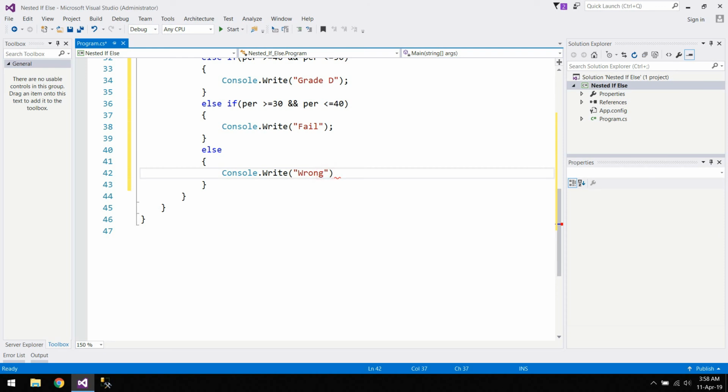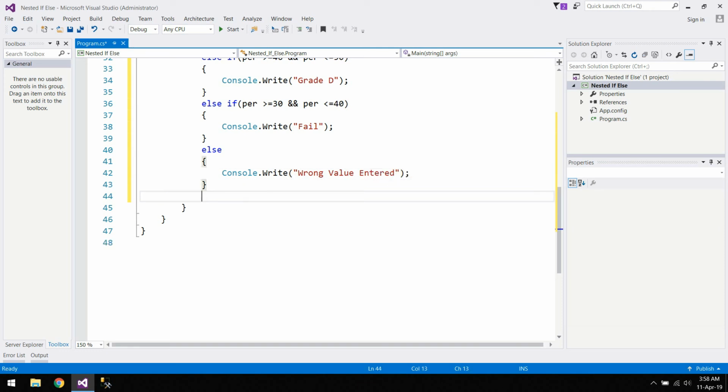So I'm saying Console.Write, wrong value entered, and Console.ReadKey();